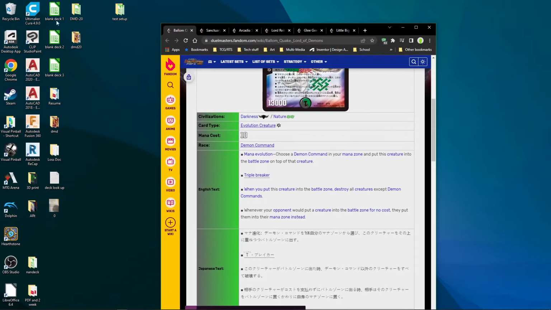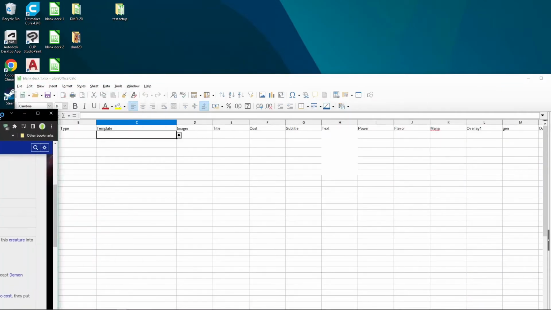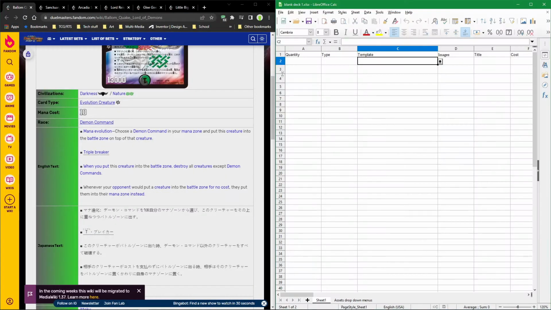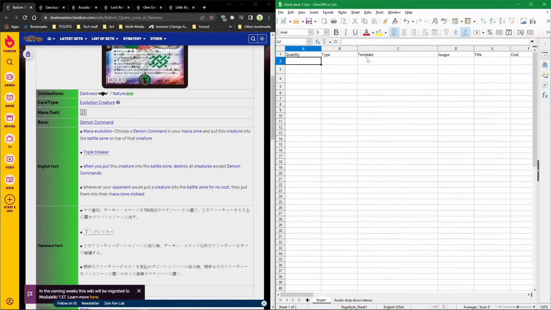So let me grab a blank deck. The program I use to create this generator is Nandeck, and it creates its cards based off of Excel files. So this is a free Excel program I have. It's probably better to use Google Sheets, but just for the purpose of making stuff,